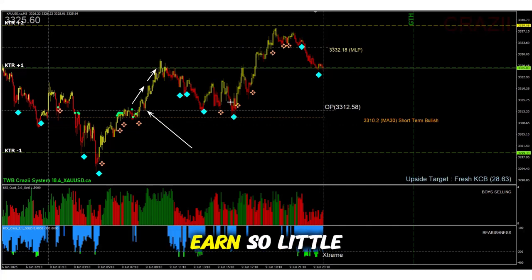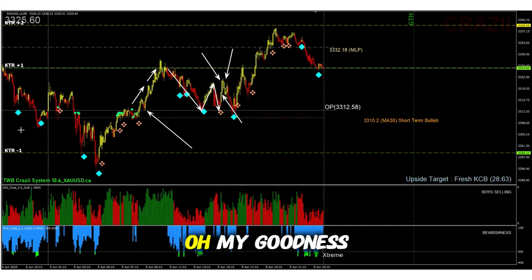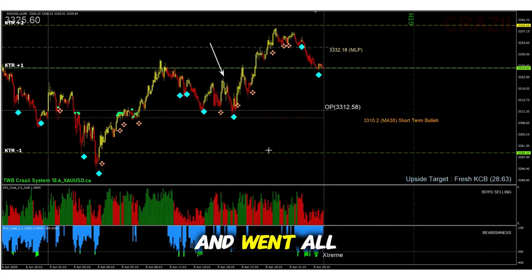So he was like, yeah, earned so little bit, angry. So the thing is this, the price pulled back down, he waited again, came back down, waited again, and this time round, at this junction here, my arrow, he went in with 0.4 contract. 0.4, which is like 4 times what he did earlier. Then the gold price went higher, so you can see even higher. So he's very happy. Say, wow, made money already, very happy. Then the next few moments, the market started to come down. Oh my goodness. The market kept coming down and went all the way to below OP. Well, he freaked out because he lost $400 just like that.